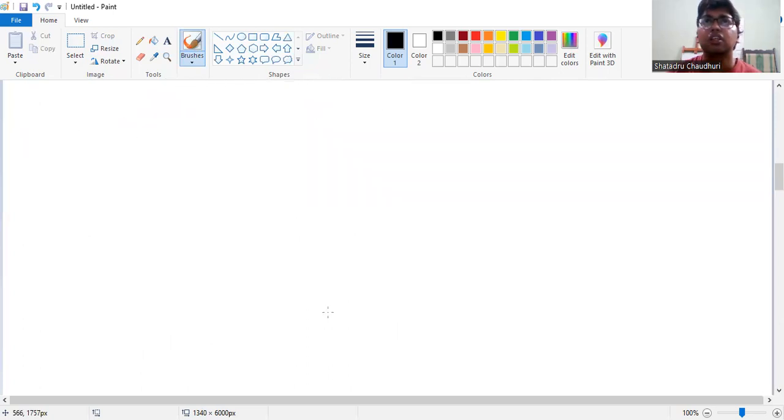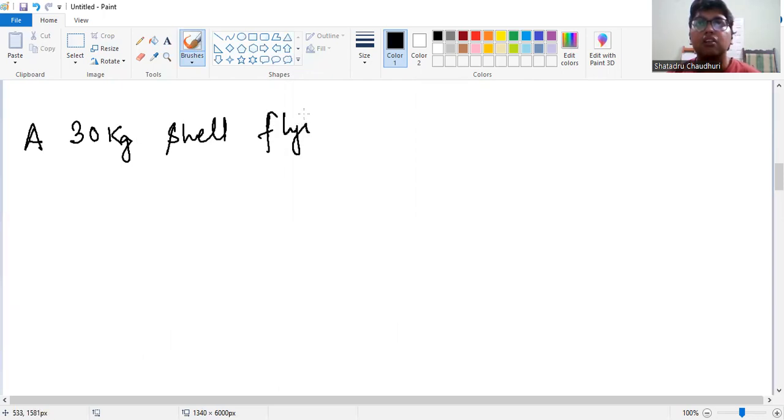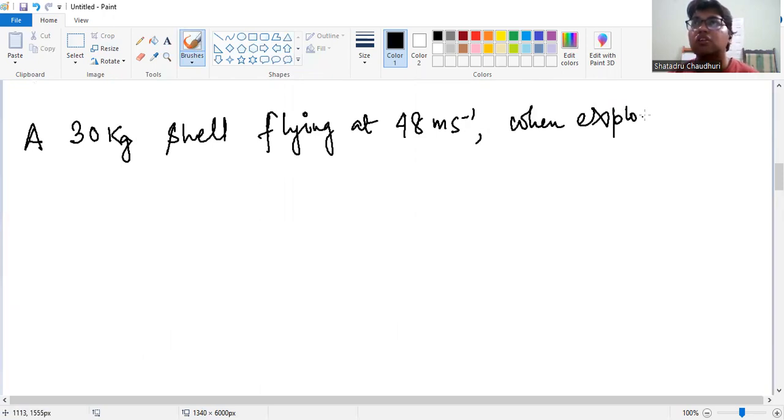सपोज देयर इज अ क्वेश्चन, यहाँ पे क्वेश्चन है कि we are telling a 30 kg shell flying at 48 meter per second. When it explodes, one part of 18 kg